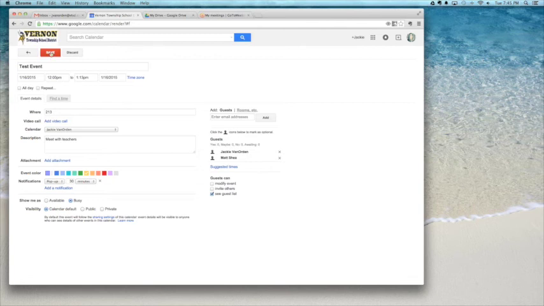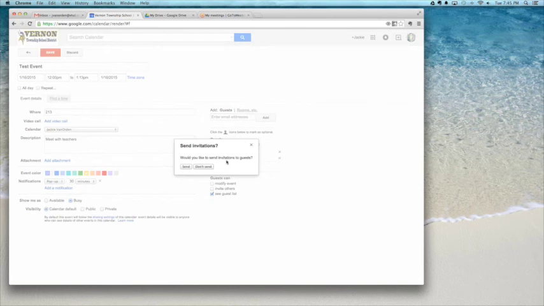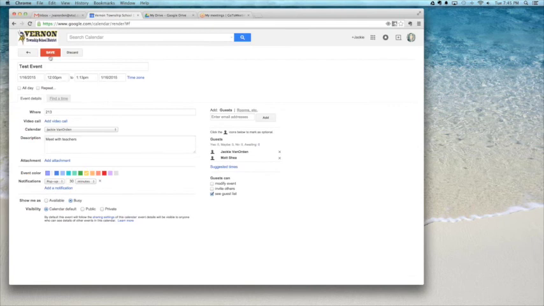When I go to save this event, it asks me, do I want to send an invitation to the guest? So you have your option. If you don't send them an invitation, they'll still see it, but they won't be alerted of it. So I always, by default, send them an invitation. So I would just click send, and then what would happen is Matt would receive an email that says, Jackie